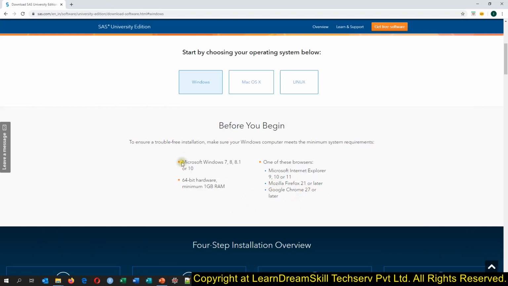Then it says you need to have at least Windows 7, but Windows 7 is gone now. So you can have Windows 8, 8.1 or Windows 10. Usually everybody has Windows 10 right now, but you can have anything. And then you should have a 64-bit hardware system and a minimum of 1 GB of RAM.